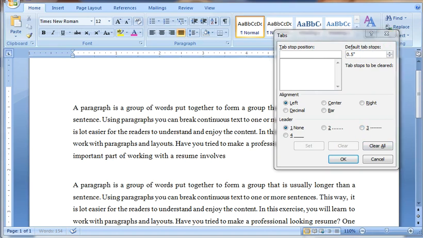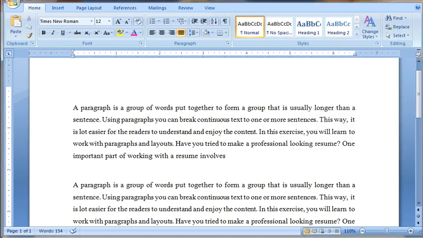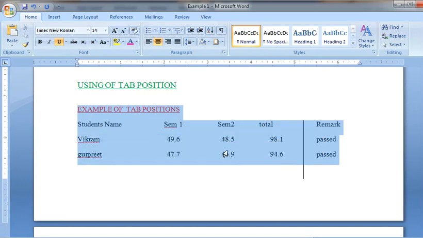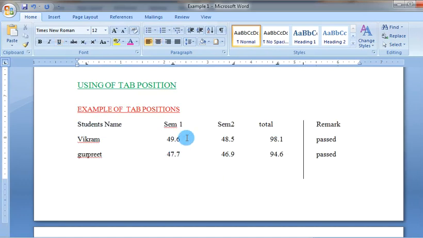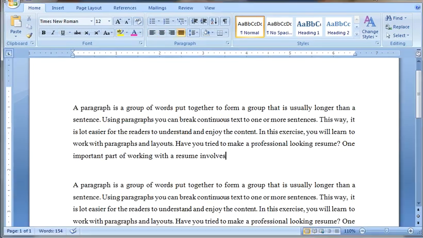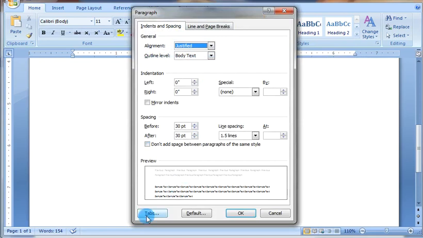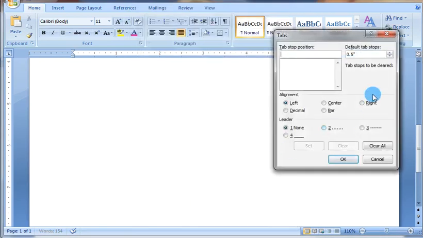First of all, look at this example. Here tab options are used. I'll explain how it works. First of all, click on the empty space and go to the paragraph dialog box and then the tab button.